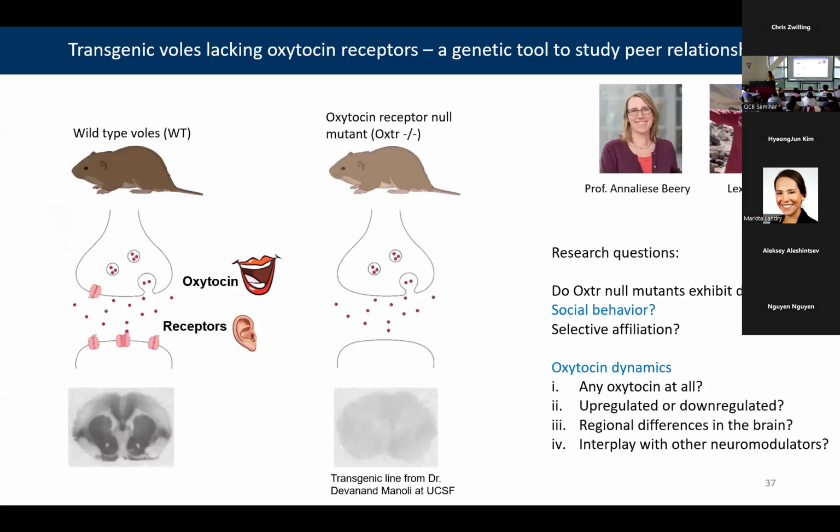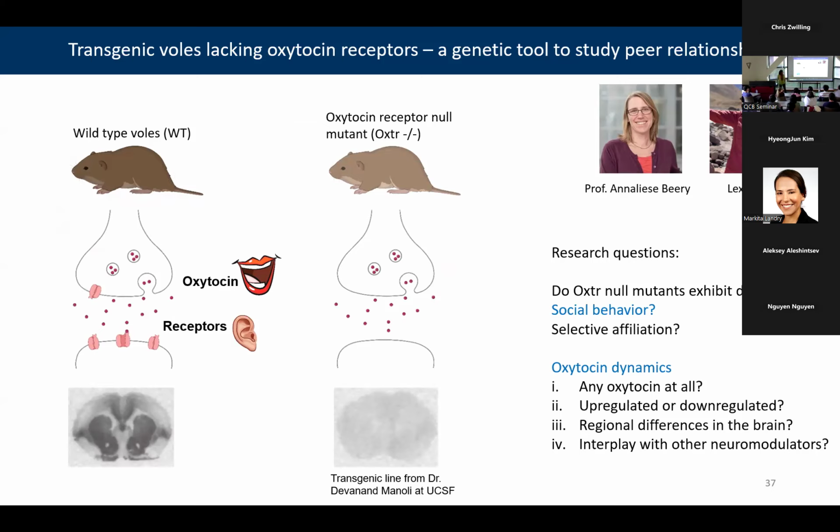All right, so this is a project that we started with Annalise Beery in integrative biology at Berkeley. And what we're using as a model organism, in addition to these voles, is a transgenic vole that is basically a receptor null mutant. So it does not have the protein receptors that can basically hear oxytocin. And so essentially what we're doing is comparing wild-type voles to voles that do not have the capacity to signal